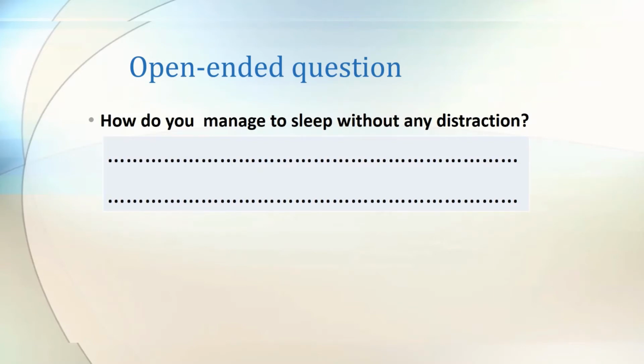Now, another type of question is the open-ended question. Here you want to get a deeper answer, not only from the choices that you provide, but directly from the participants' feelings, experiences, and opinions or ideas. So you simply ask the questions how or why or what do you think, or sometimes in your opinion, what can you say about, okay? So an example of this would be, how do you manage to sleep without any